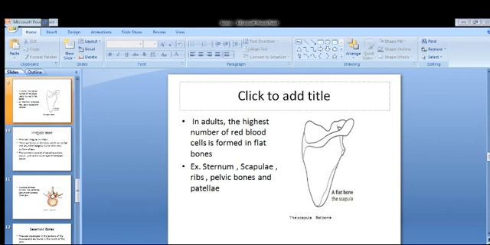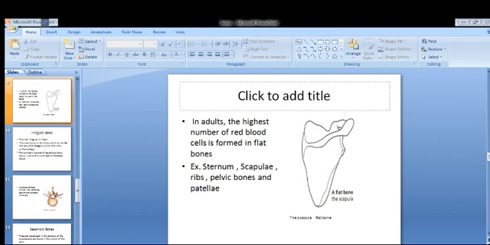Then the other bones are the pelvic bones. Pelvic bones are actually not one bone, rather it is the combination of three bones uniting together and giving the shape of the pelvic cage. So the pelvic bones are small bones, and they are articulated in such a way that it is giving the shape of the pelvic cage. The whole pelvic structure that is formed is formed from the pelvic bones.